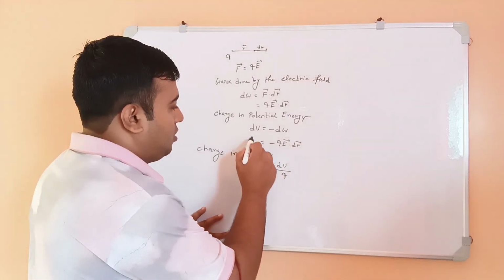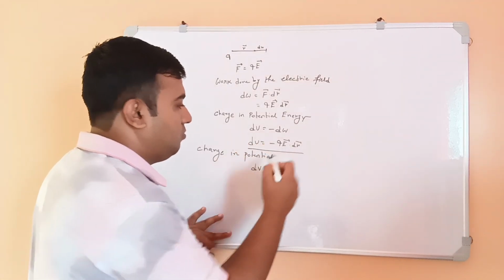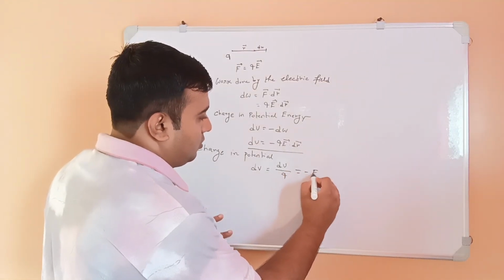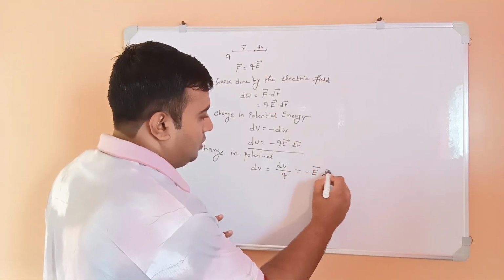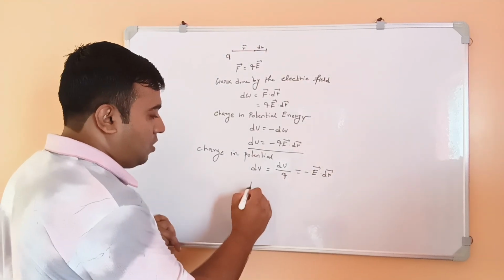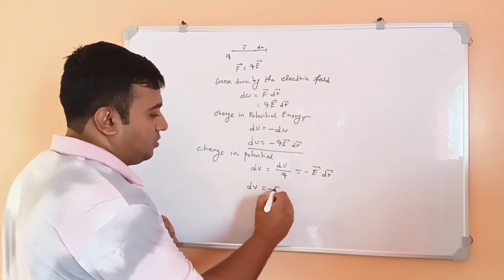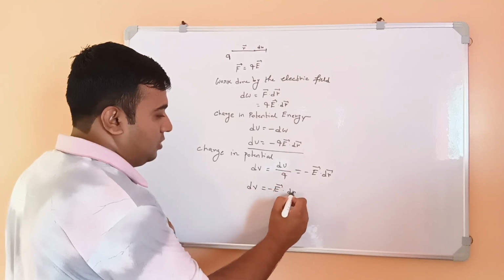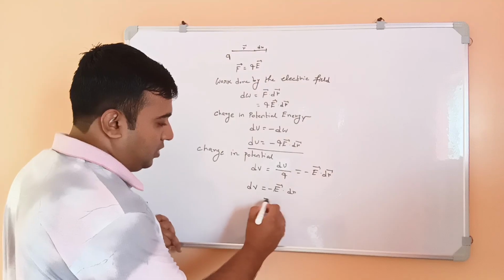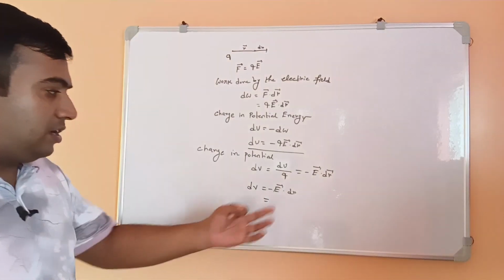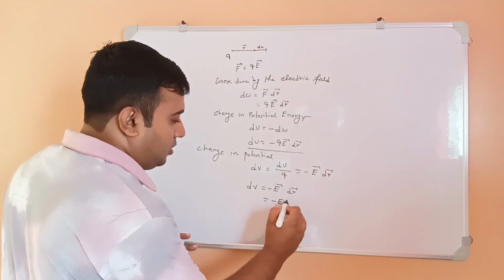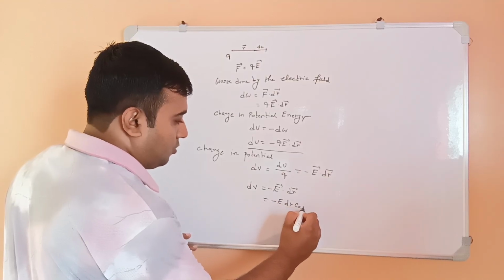So dU is minus q E dr, so dU by q is equal to minus E dot dr. So dV is equal to minus E dot dr. So we can say that this is a vector scalar product, so this is minus E dr cos theta,